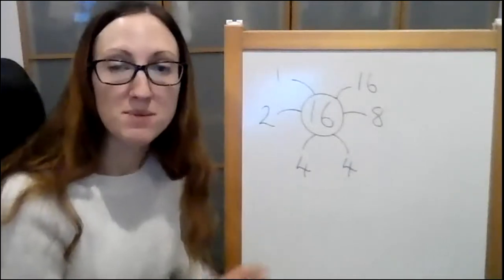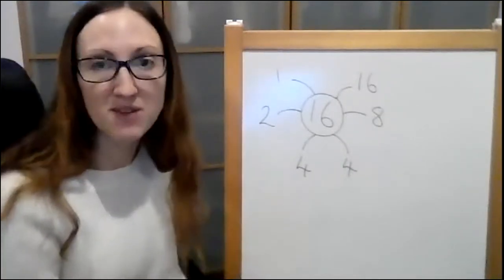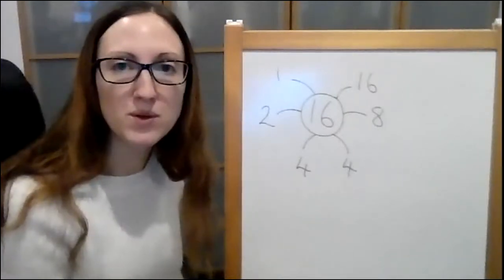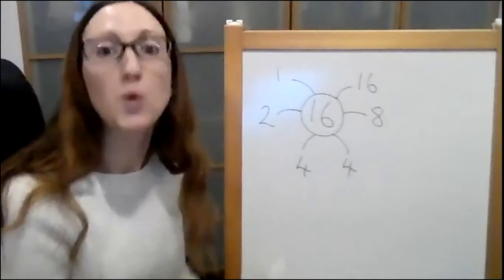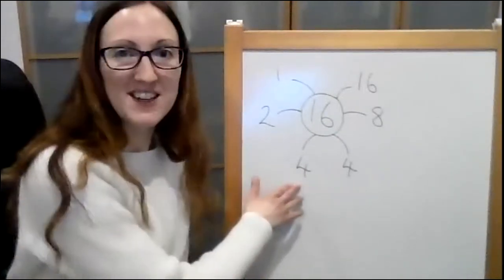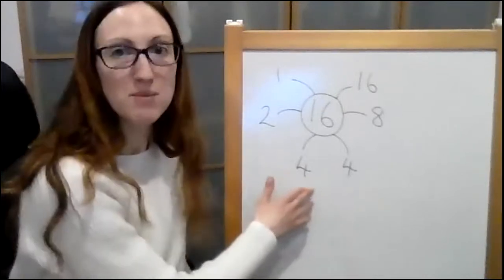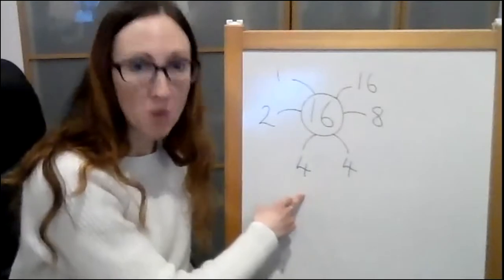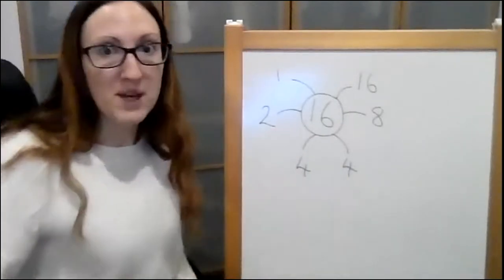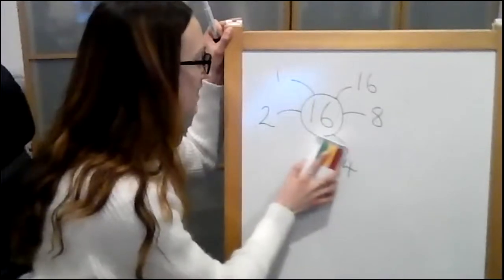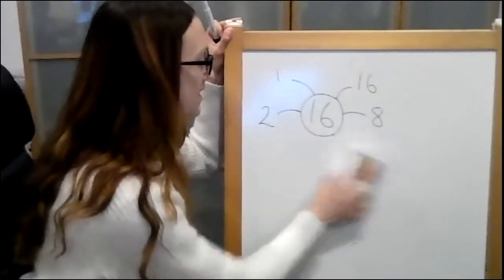Because this is sometimes a mistake that children make when they're writing out these factors. Why would we not have 4 and 4? Call it out to me. Okay, well done if you're thinking that actually we don't need to repeat a number. We can't count the same factor twice. So when we have numbers like this, instead of recording it as a factor pair where we repeat the number itself,